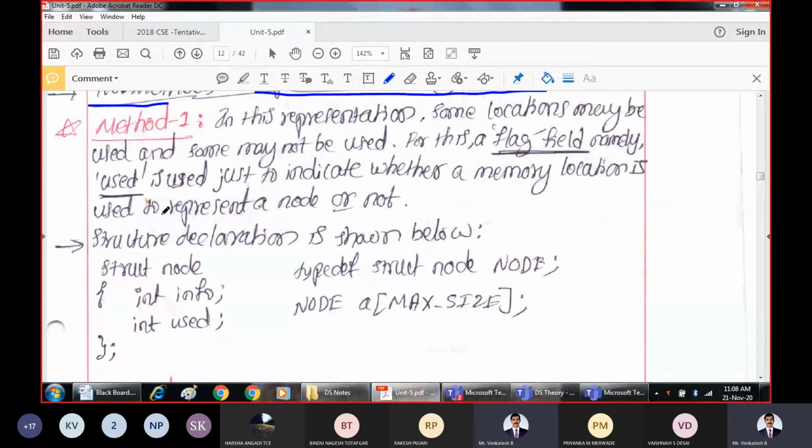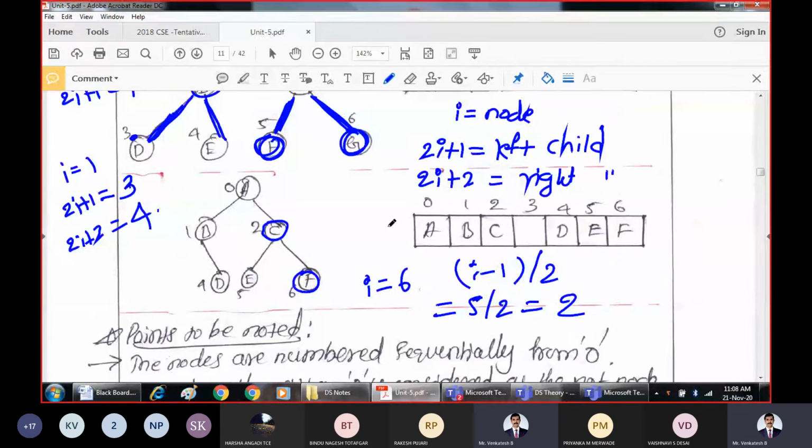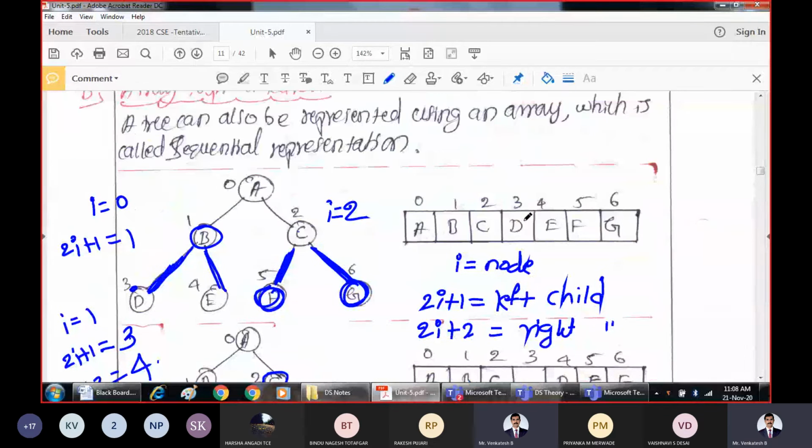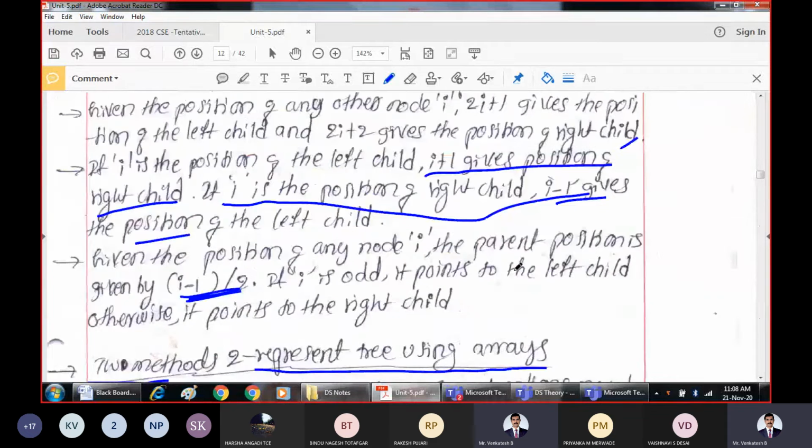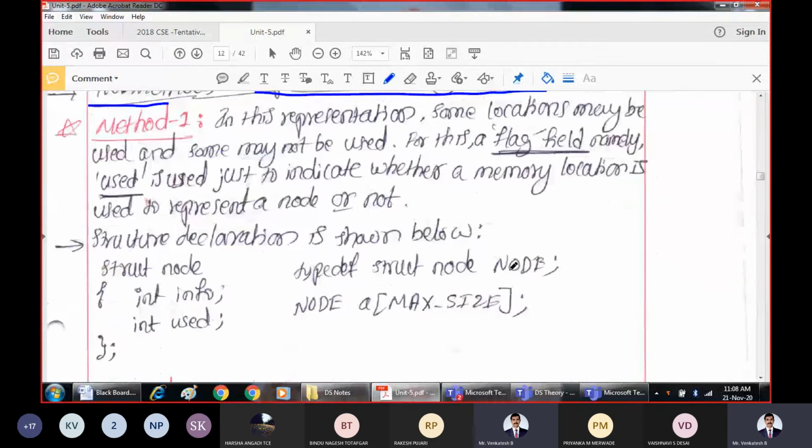In method 1, in this representation, some locations may be used and some may not be used. As you can see here, this is not used. Here all the locations are used, whereas in this case, this location is not used. So for that purpose, we use a flag field, namely used. Any name you can use.